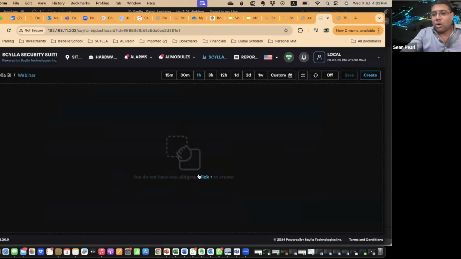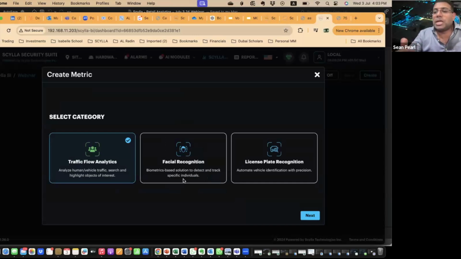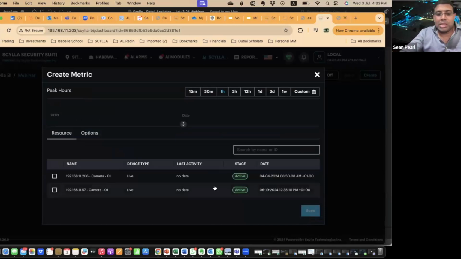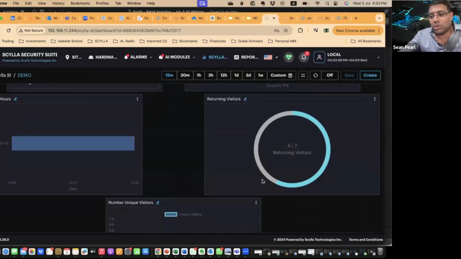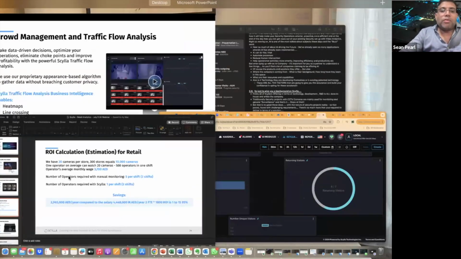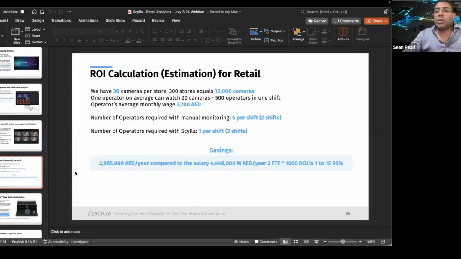Or even if I want to pull up some statistics on face recognition, who my unique visitors are, who my repeating visitors are, or what the peak hours are in a particular time frame. Same thing: choose the cameras that you've already added, choose a time frame, and this is the kind of statistics that you can pull out. So this was just a very quick overview of the different analytics that you can implement in the retail space that is going to make your operations a lot more proactive, more productive, and even more efficient.